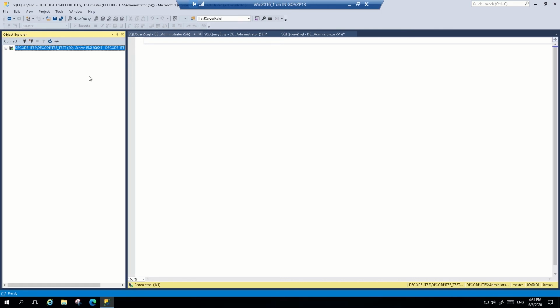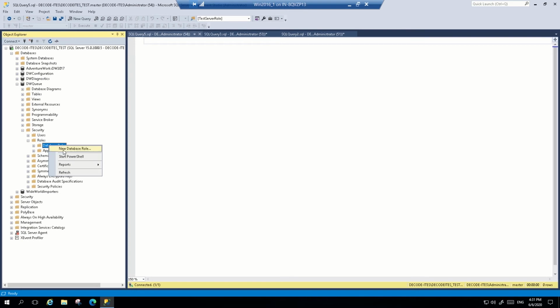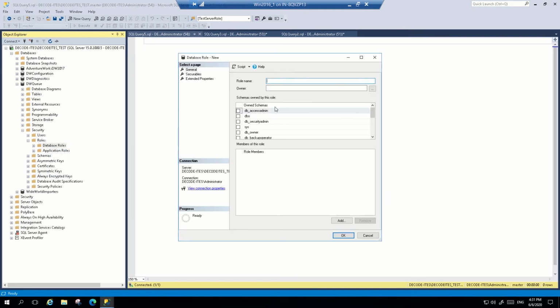To create database roles, first you need to connect to your SQL Server instance, go to Databases, browse to the database under which you want to create your database role, go to Security, Roles, and on Database Roles, right-click and select New Database Role. This is the window to create a new database role. Mention the role name. We will mention TestDBRole. This will be the name of our role. Owner.